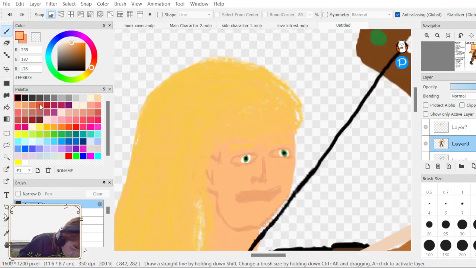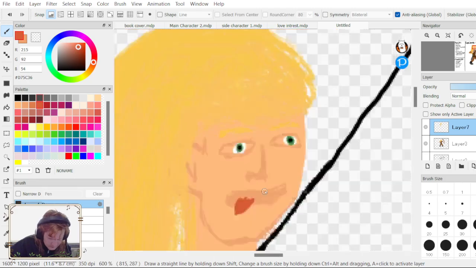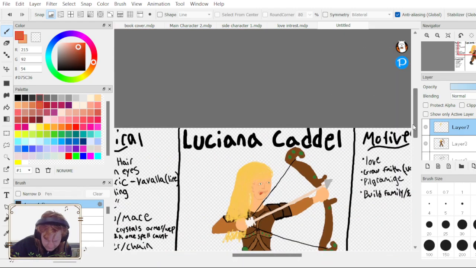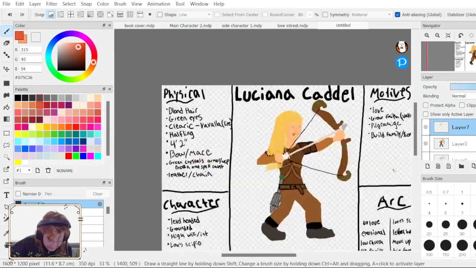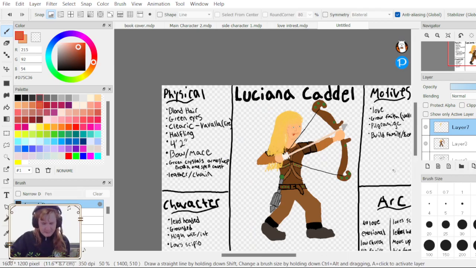Well, it's a pretty terrible drawing. She's focusing really hard. She's got her tongue out. I'm gonna be honest, I don't know if I could get it any better than that.